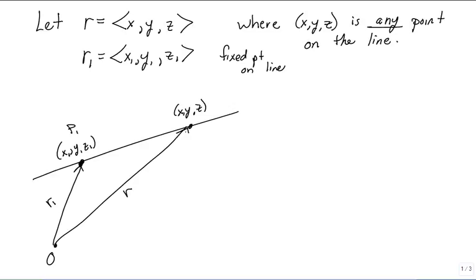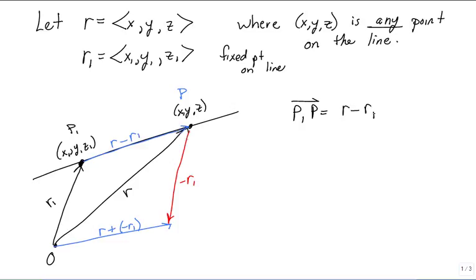Now if we go, let's say, -r1, then this vector right here is r plus a -r1, or r minus r1, so that makes this vector r minus r1 the vector between P1 and P. So the vector P1P is the same as r minus r1, which is parallel to a, the direction vector,